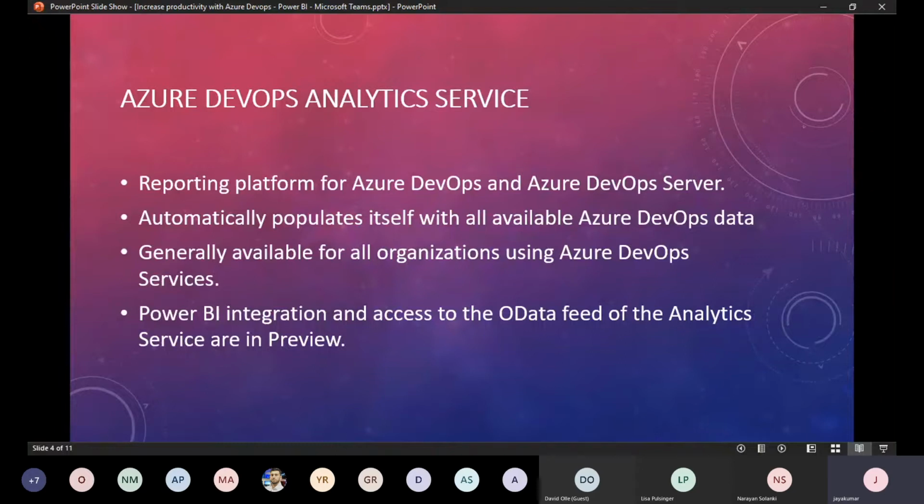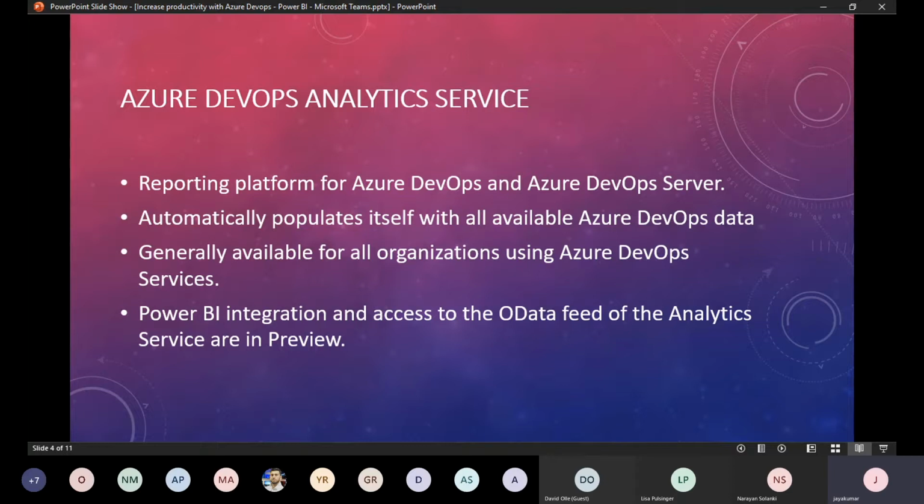So, Azure DevOps Analytics Service. The Analytics Service is nothing but a reporting service, the platform that is inbuilt in Azure DevOps. Azure DevOps, as you know, is not only meant to run our development and operational things like CI/CD purposes. It is a complete project management tool. You can maintain all your tasks, all your bugs, track the statuses, and get intuitive reports, everything from Azure DevOps.